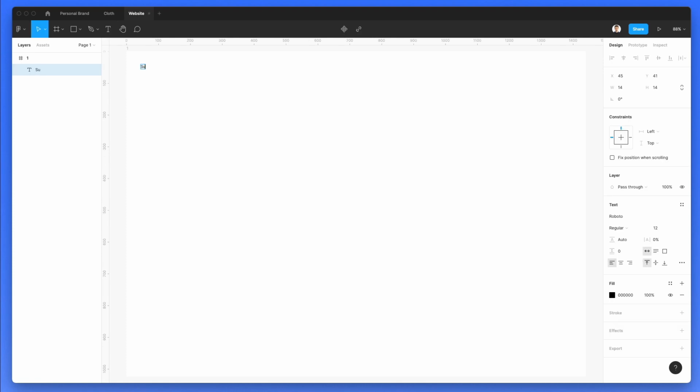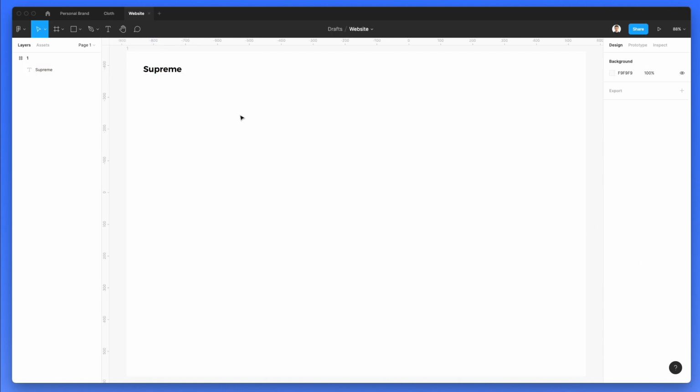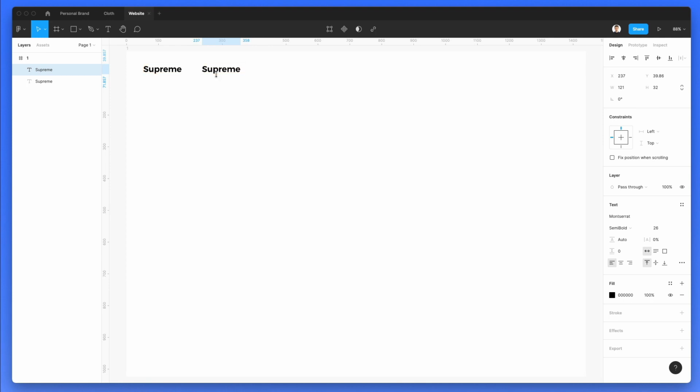So I'm going to write here the logo for this specific website, and we're going to change the font to, let's say, Montserrat, which is a free Google web font which you can find on the Google website. And let's make it semi-bold. Let's duplicate this by using Shift plus the Option key. And let's write the first element of the menu. Now, of course, we need to make this smaller, so it's going to be around 12